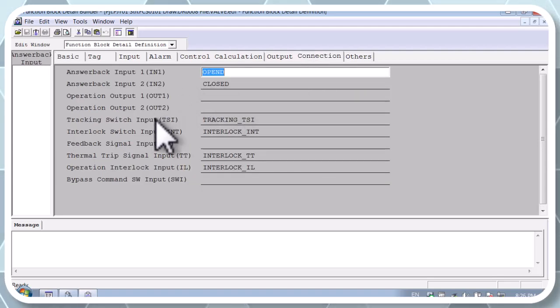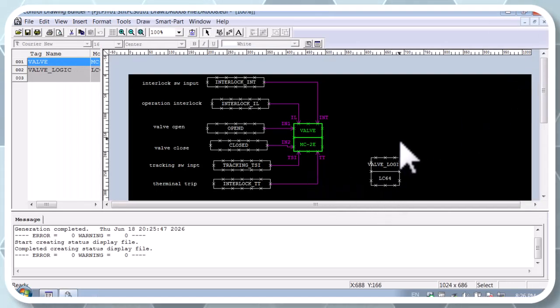Now you see our inputs are changed with the comments. Interlock INT, TCI, yes. So my friends, that's all for today, and we will continue our lessons